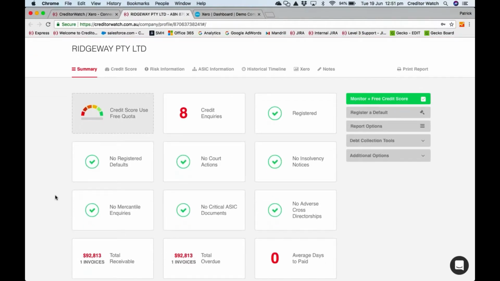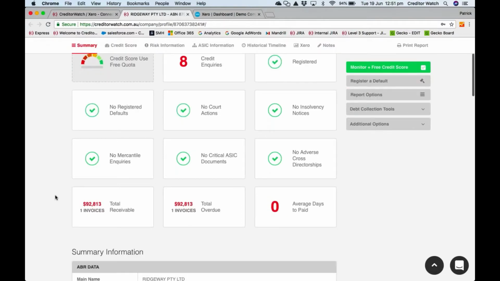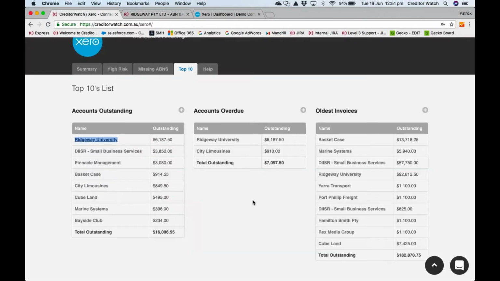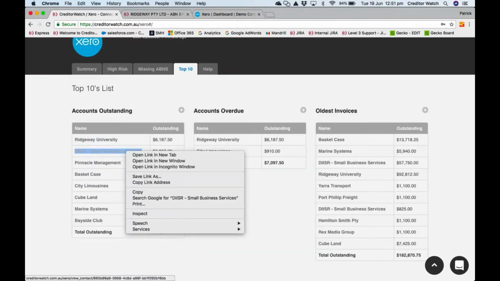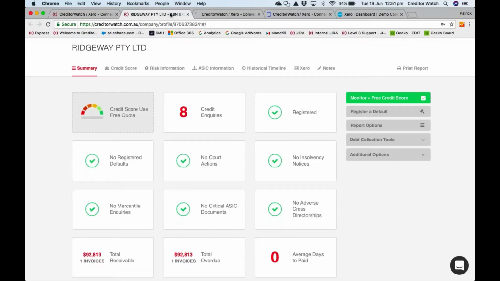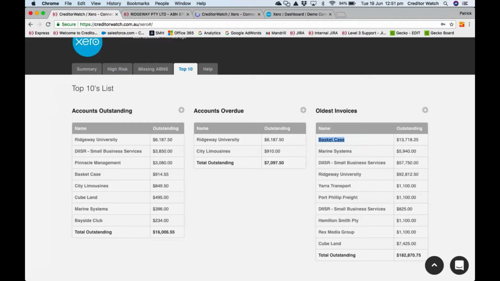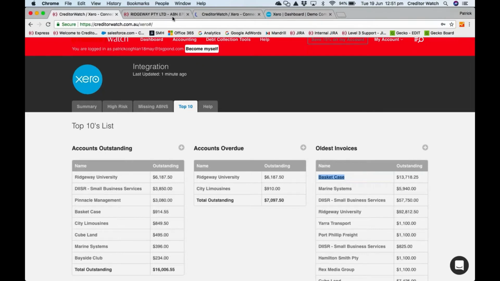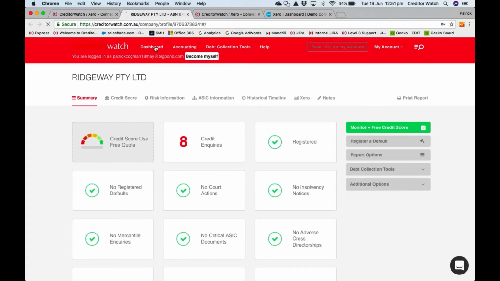So we have a nice clean credit report here. I can see the receivables information here, average days to paid. This is the first time I've invoiced them, so not something that I have to be too worried about. If I click and go to a different one, we can go through to a couple. Bear with me 1 second. I'll show you what a